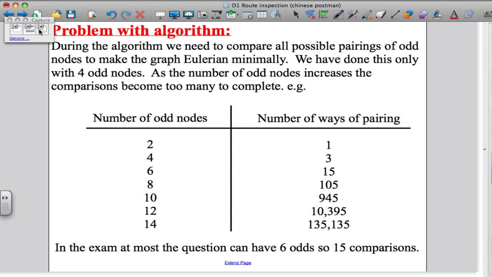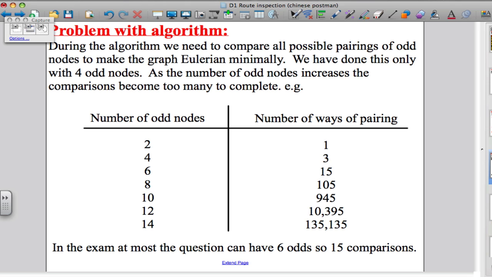Okay, just a couple of things to mention. Problem with the algorithm is a problem of pairing. If we have 2 odd nodes, there's one way of pairing. That's good. 4 odd nodes, 3 ways of pairing them up. 6 odd nodes, 15 ways of pairing them. And as you increase the number of odd nodes, the ways of pairing them increases massively. Seeing as this algorithm relies on comparisons like this, it can be a very time-consuming process if there are lots of odd nodes. To finish with, I just wanted you to have a go at a couple of questions yourself,